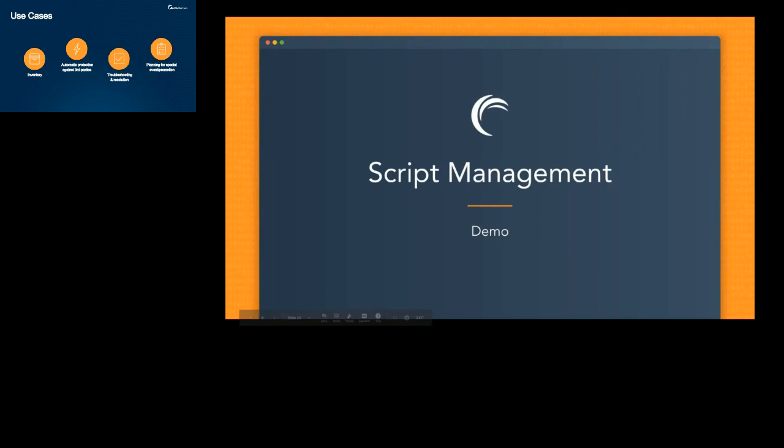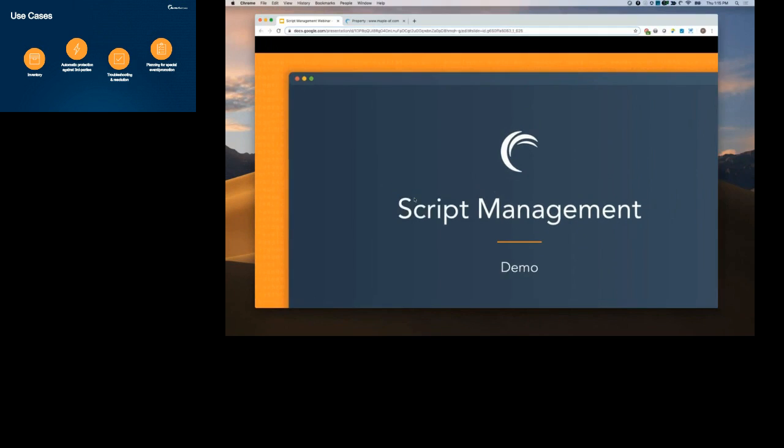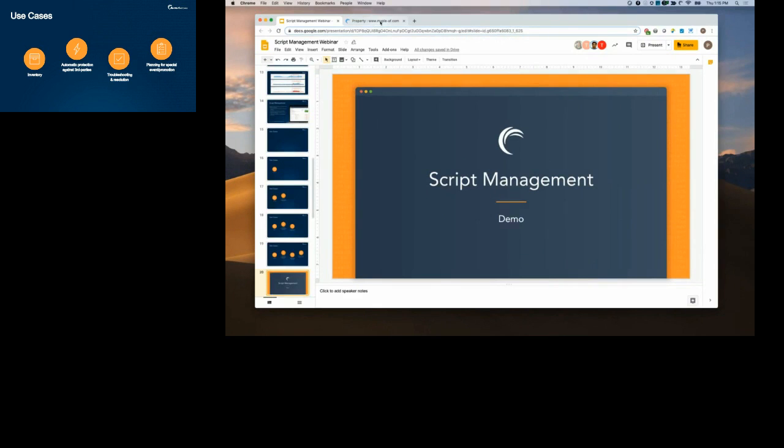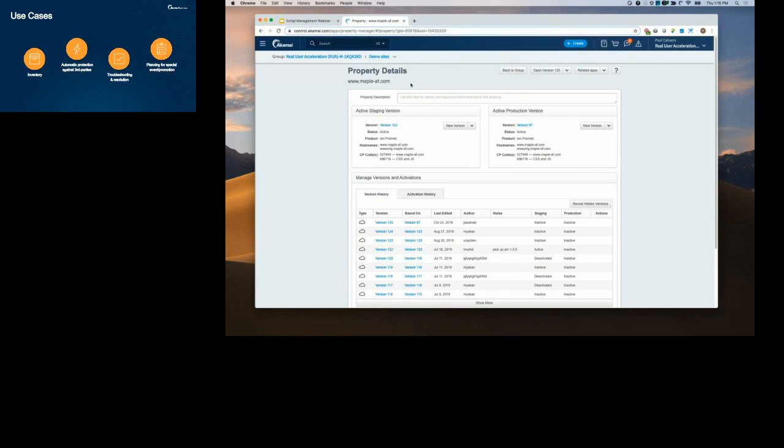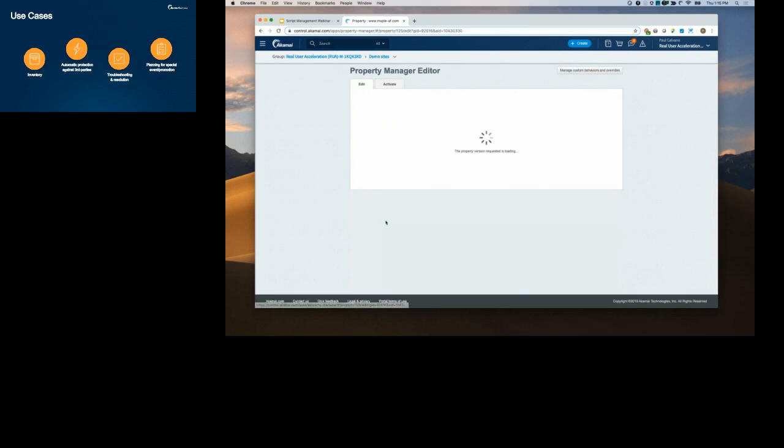So now I'd like to take you through a quick demo of Script Manager to give you an idea of how it works. I'm going to exit the slides, and I'm going to switch over to Luna. This is a Luna Property Manager configuration for a site called www.maple-af.com. If we take a look at one of the configuration versions,